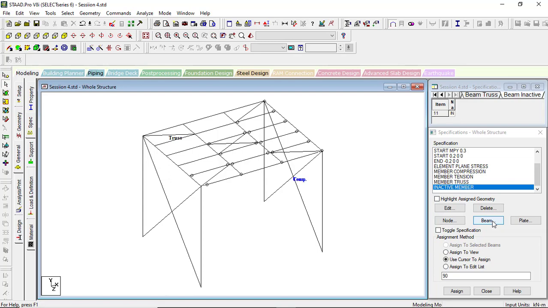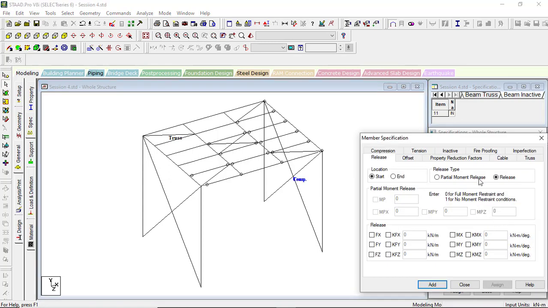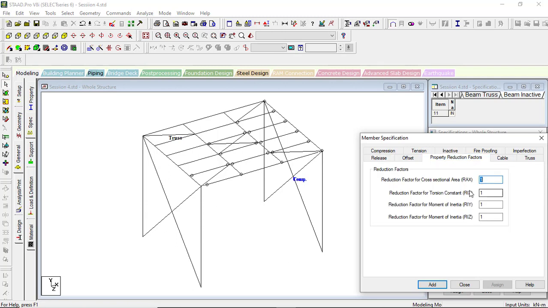And let's go back to the beam again. If I click on that, the most important property, which has been neglected, or which new structural engineers working on STAAD are not aware of, is the property reduction factor.